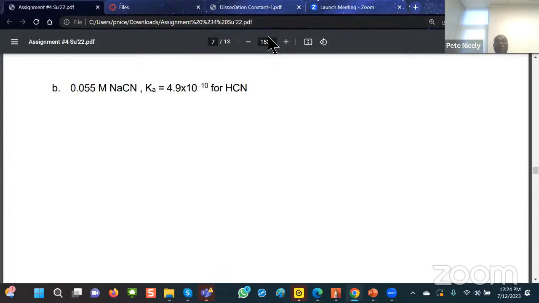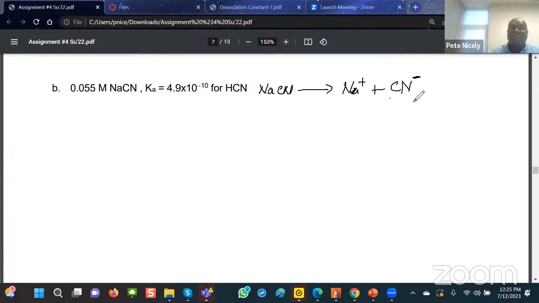Now, you should remember from your general chemistry 1 that any sodium salt is very soluble in water. And that is true for basically the salts of any group 1 element, right? And sodium is from group 1. So basically what will happen first is that the sodium cyanide will undergo complete dissociation to form sodium and the cyanide ion. Now the cyanide ion is basically the conjugate base of hydrogen cyanide, which is the reason